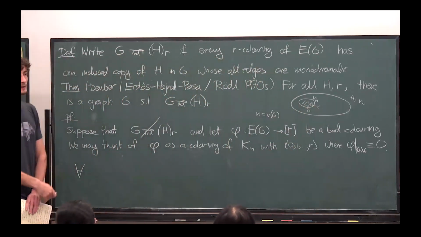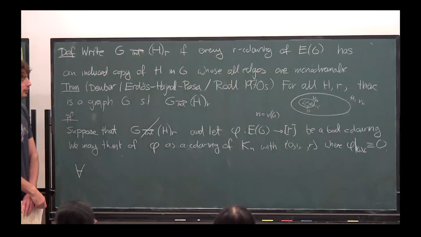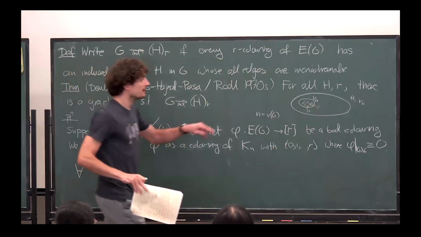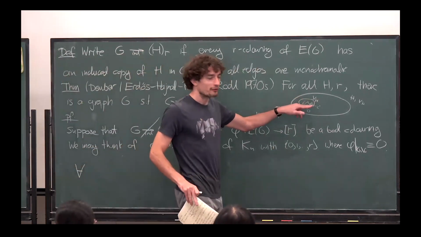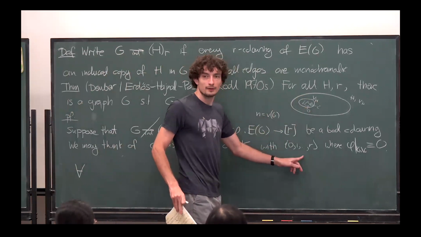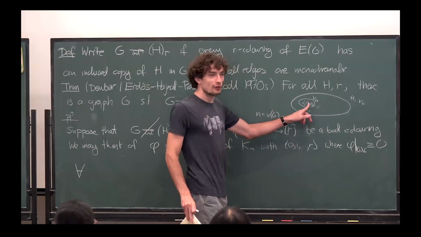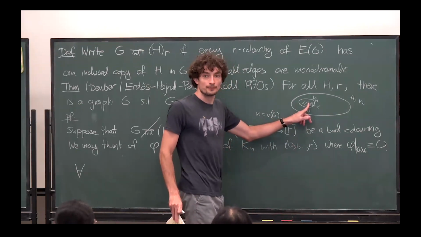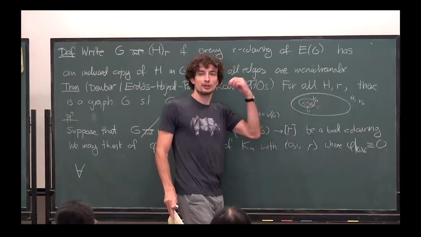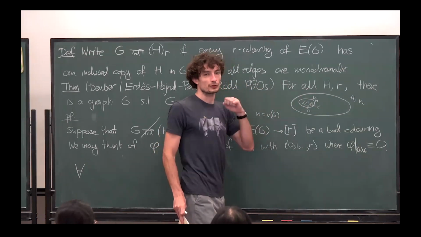This is precisely what it means that there will be an induced copy of H. There's some embedding of the vertex set of H into the large graph, all its edges are colored I for some I, and all of its non-edges are colored 0. Because 0 means it's not an edge of G, which means that this copy was an induced copy of H